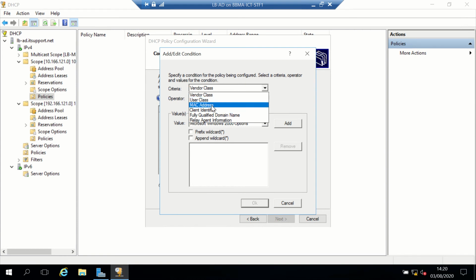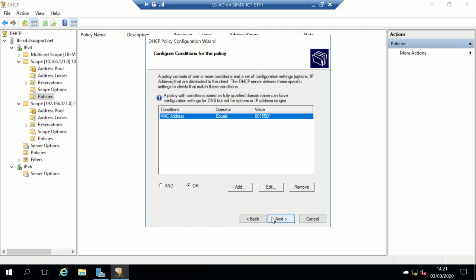Or you could do them on MAC address, which is what I'm going to do. So MAC address, and I'm just making up a MAC address. But you can look up online a load of the MAC addresses for particular manufacturers, or you can use the device itself and pick, say, the first 6 digits to make sure that you've got the same one. So if you buy a bunch of iPads, you can easily just look at their MAC addresses, and they should all be very similar, or at least for the first 6 digits. Okay, so I'm going to add it,